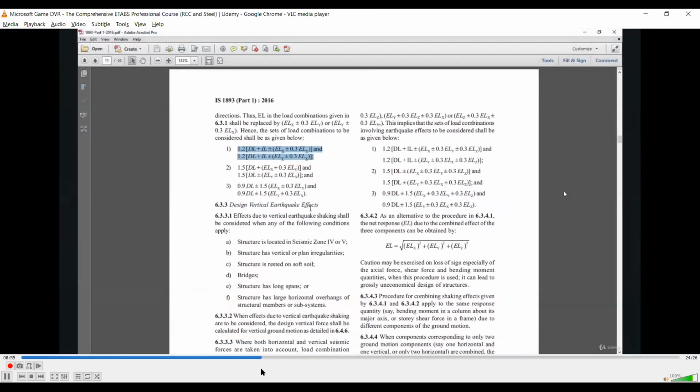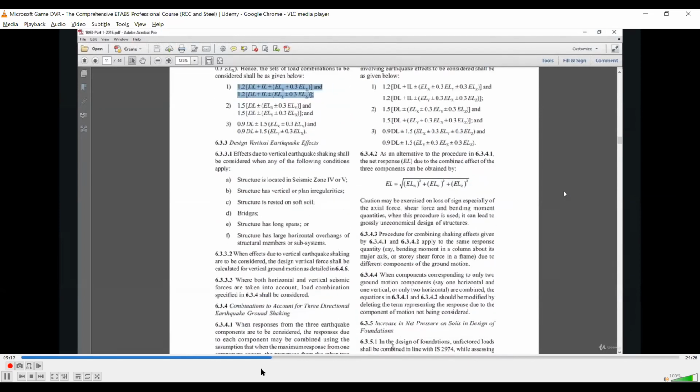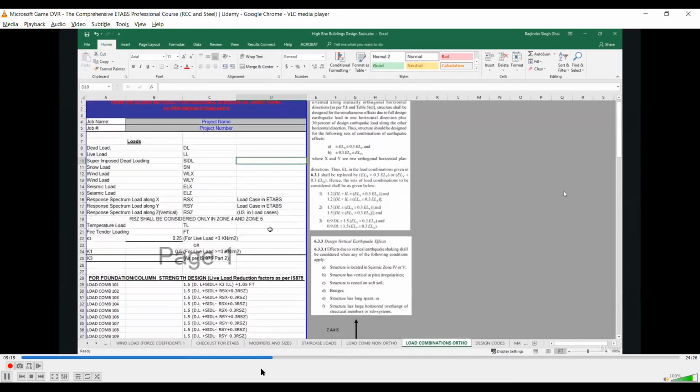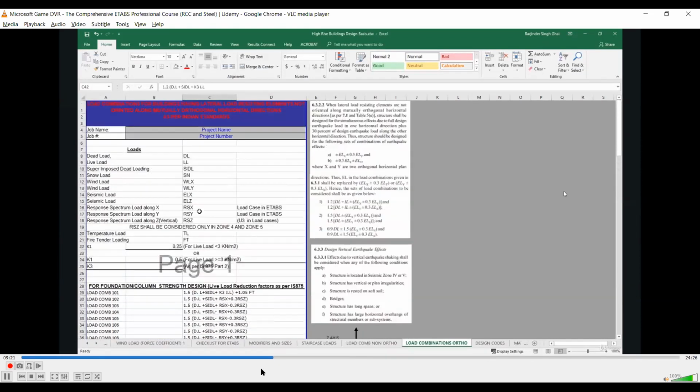Design vertical earthquake effects. Now this is a major change in the latest earthquake standard. Whenever a structure is located in seismic zone 4 or seismic zone 5, we need to design the structure for vertical earthquake also. In addition to that, vertical earthquake has to be considered when the structure has vertical or plan irregularities, rests on soft soil, is a bridge, has long spans, or has large horizontal overhangs of structural members or subsystems. So in our case also, I have prepared this list of load combinations. Here RSX, RSY and RSZ are the response spectrum loads along X, Y and Z. Z is the vertical axis. So in that case,